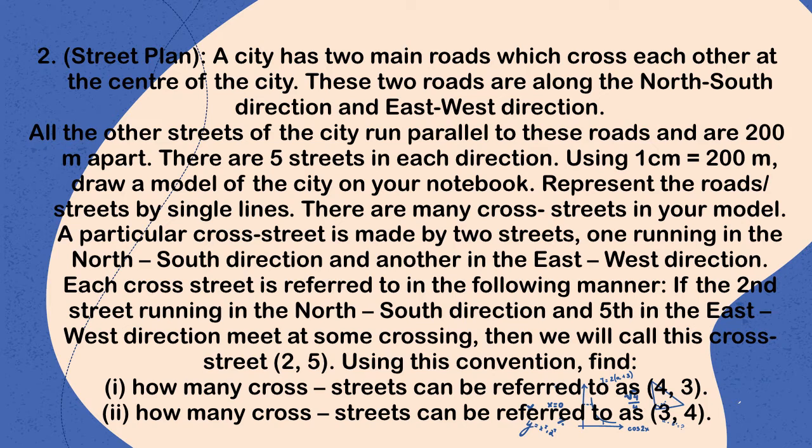So first let's draw the roads. First we will draw 5 sleeping lines, or 5 horizontal lines. Then we will draw 5 standing lines, or vertical lines, such that they intersect each other in the form of a matrix, like you can see over here. It's like a checkerboard, like a chessboard you have seen. See over here, I've made 5 horizontal roads and 5 vertical roads, and I've labeled them 1, 2, 3, 4, 5. And I've labeled the directions as north, south, east and west.